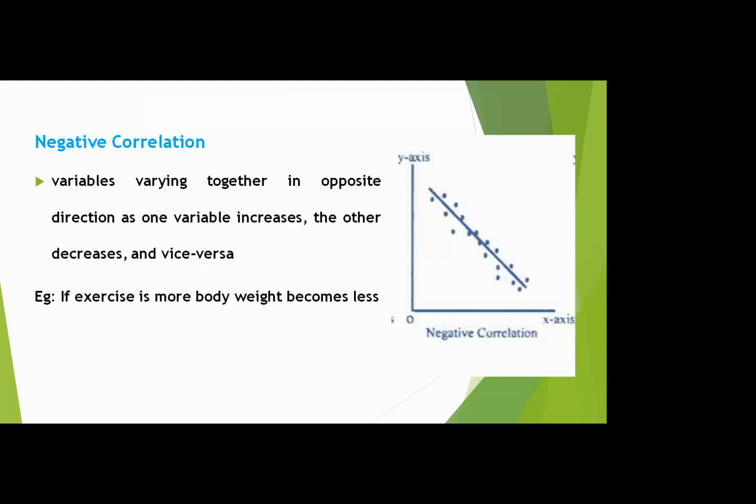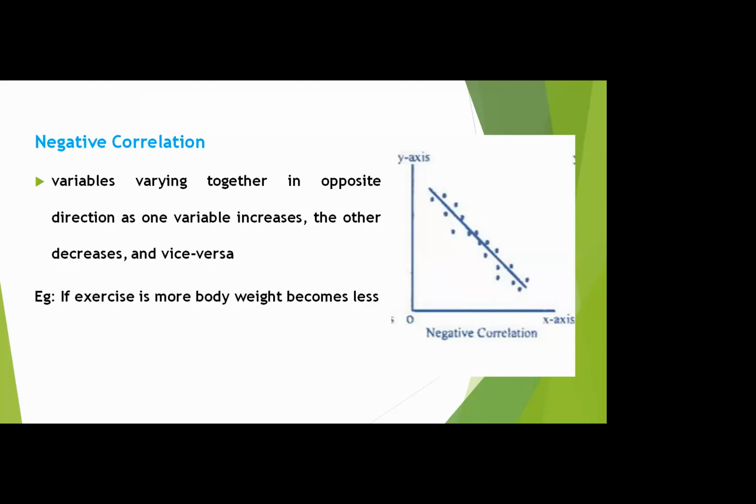Next is negative correlation. Just the opposite of positive correlation, if the value of one variable increases, the value of the other variable decreases. If one variable is increasing, we can observe a corresponding change in the other variable, but if the first variable is increasing, the next variable is decreasing. The opposite reaction is going on between those variables. Such a relationship is called negative correlation.